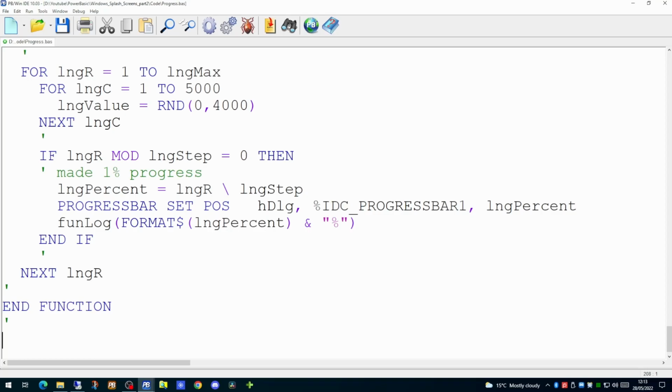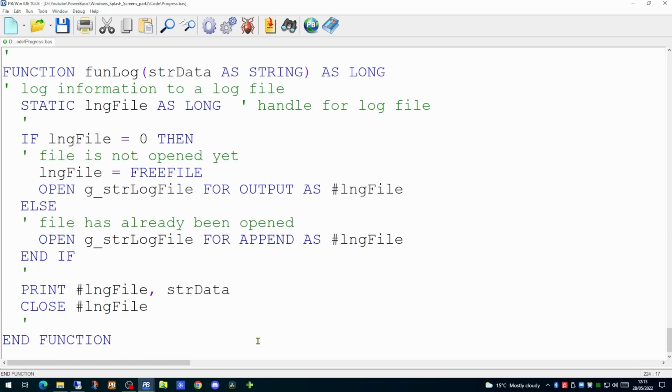Our final task in this section is to create the logging function itself. This takes our single parameter, which is the data we wish to write to the log. I'm using the static command in here to declare a local variable handle. The first time this function is called, long file will indeed be 0. If that's the case, then we have not allocated a handle for the file yet. So we will pick up using free file.